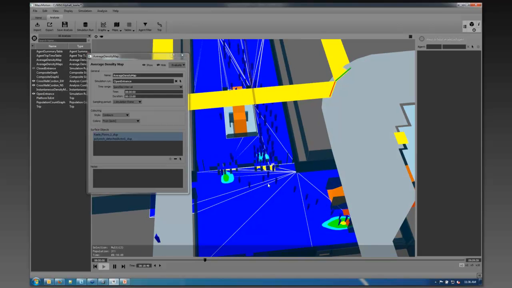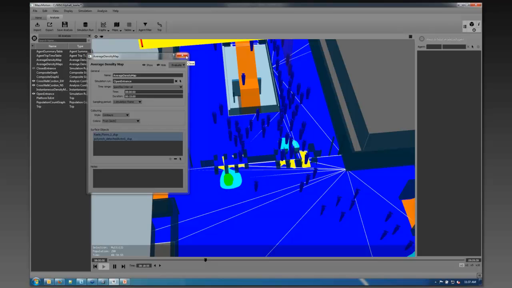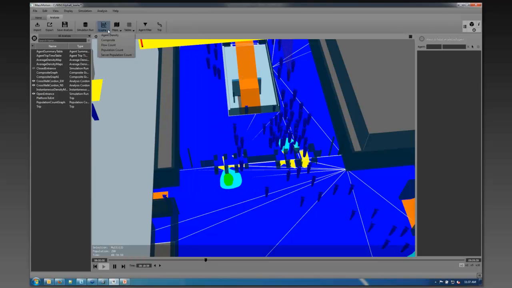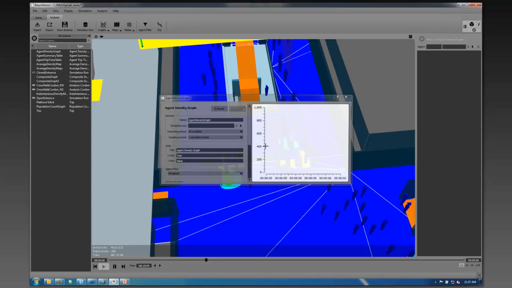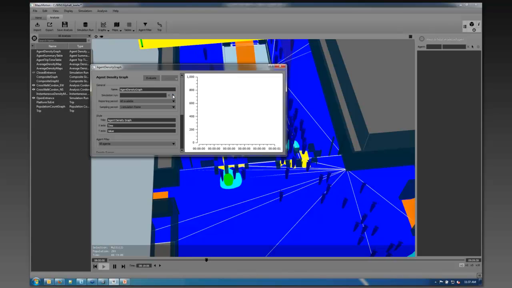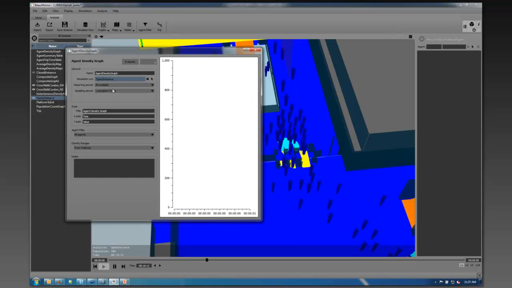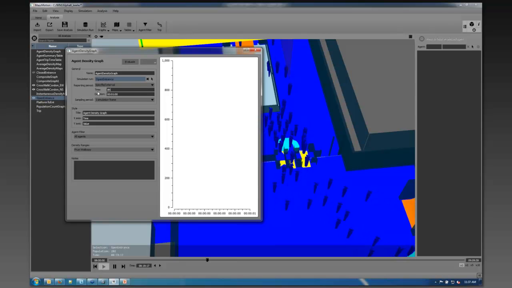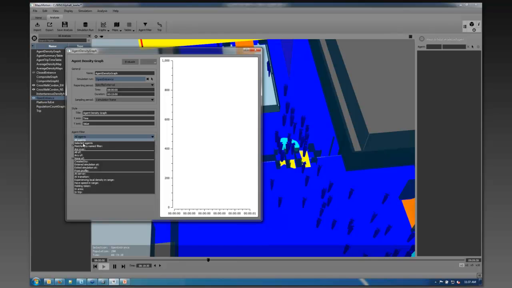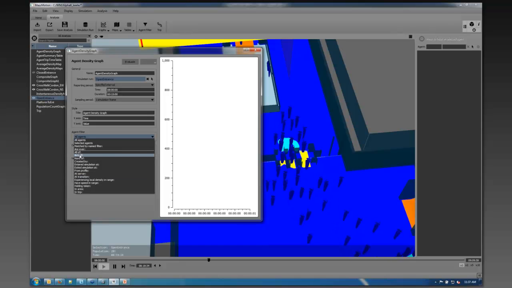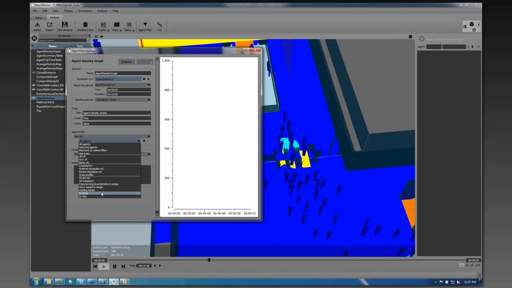If we wanted to get a more holistic view of what's actually going on here, we might turn to something like an agent density graph. Say from that open entrance data set, I want to know for that same interval, 8 a.m., 15 minutes. I'm going to need to create a filter on the fly here to get the things that I want. So I want any agents who are in this area and also in